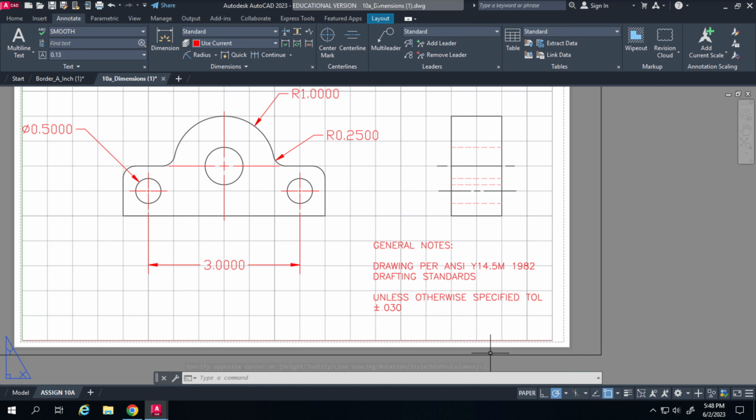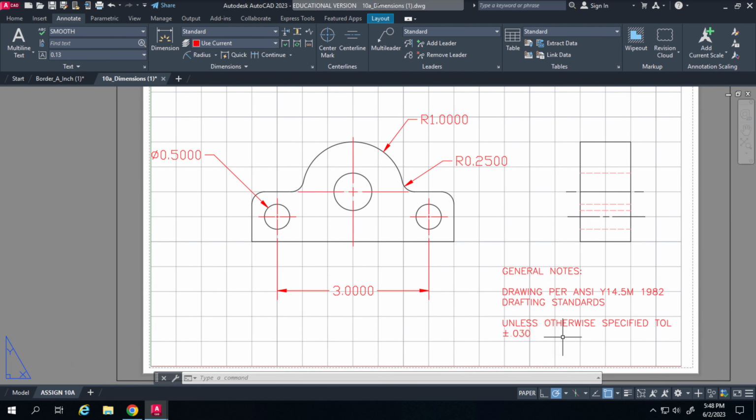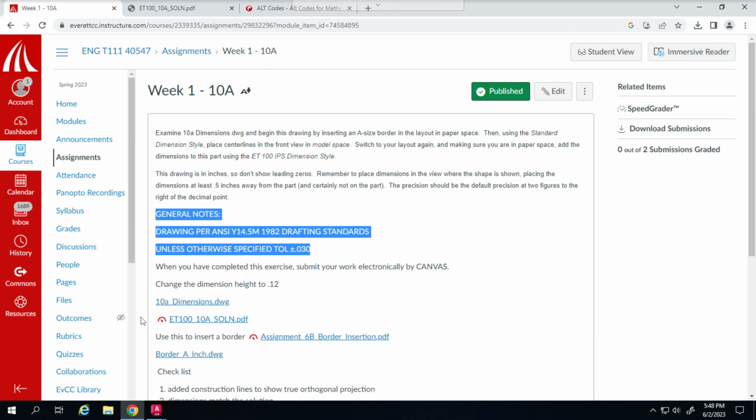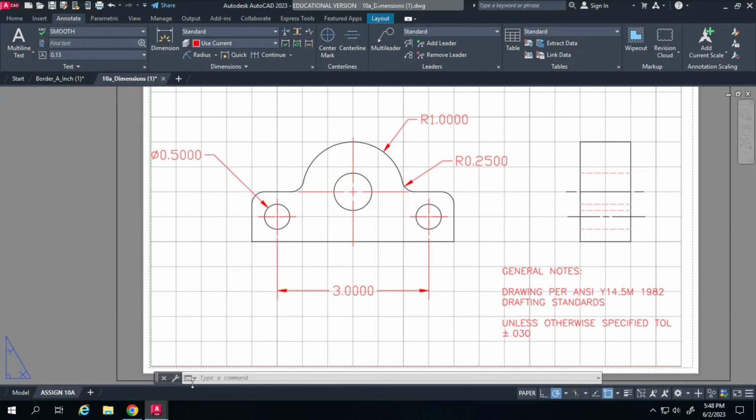Now you notice that the general note is saying unless otherwise specified plus or minus 30 thou. That means that these got to be two place dimensions as it's showing in their example. So we got to change those all to two place dimensions. So what you would do is actually not, you can't trap them all. You'd have to,